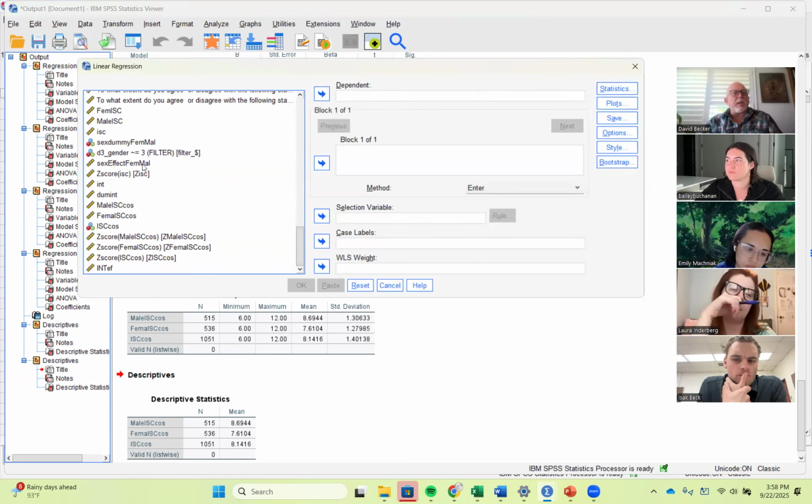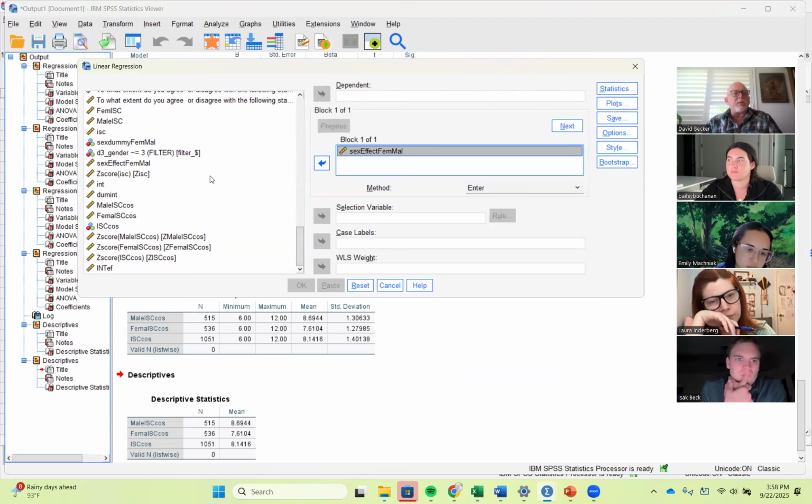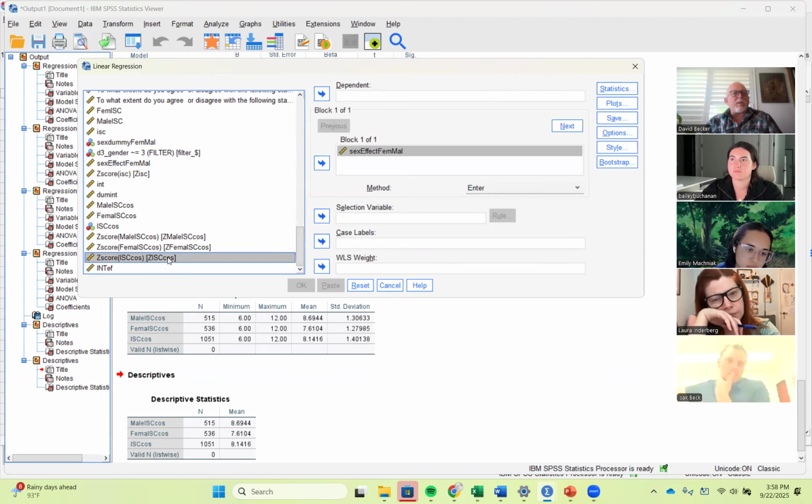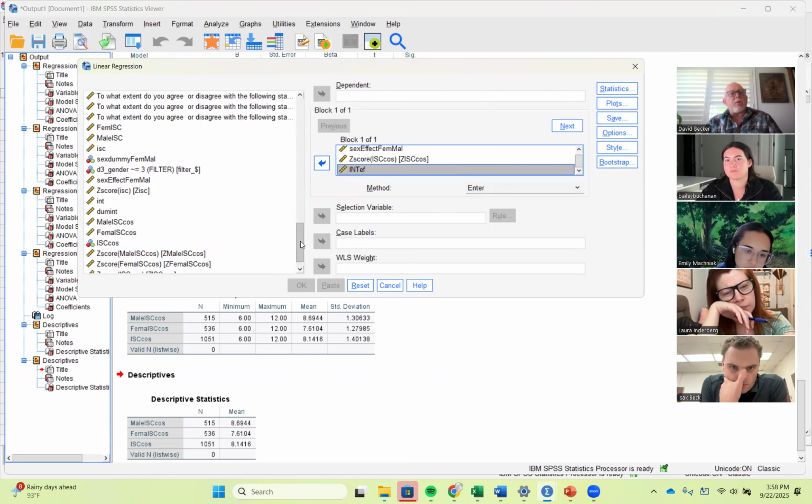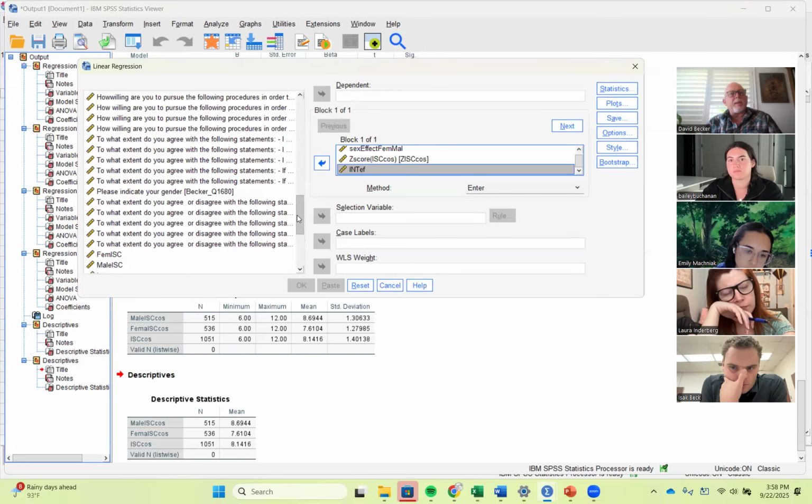Okay, so we want the effect code for males and females. We want the z-score that we calculated for the cosmetic surgery variables. We could also use it for other things. And then we want the interaction. And our outcome variable is going to be